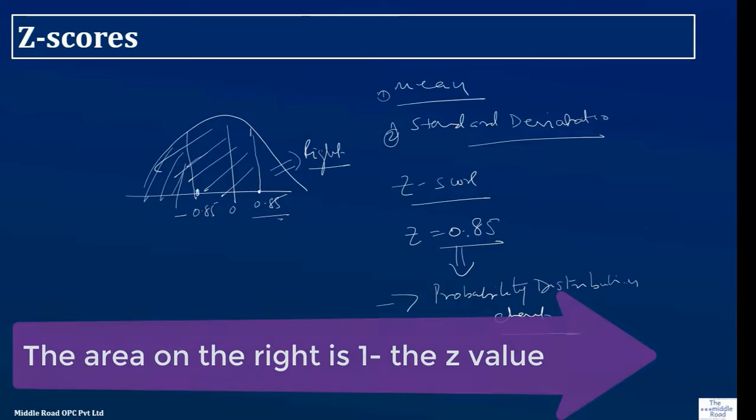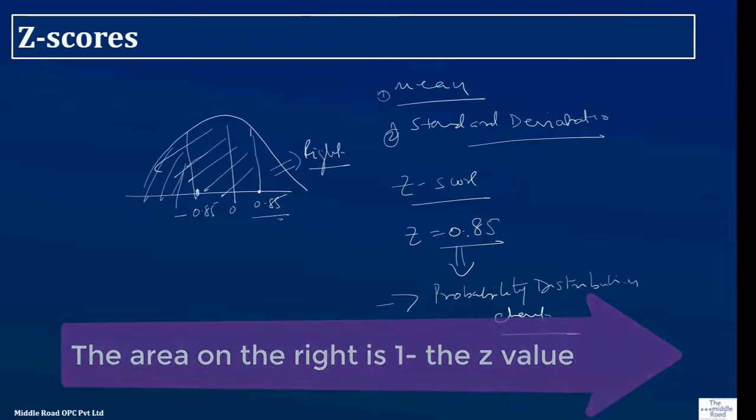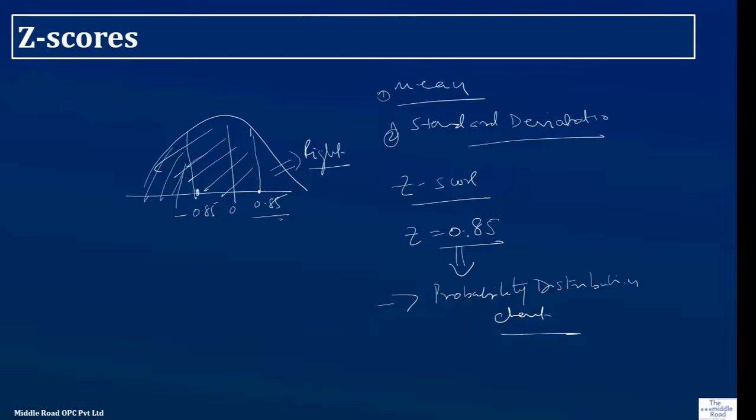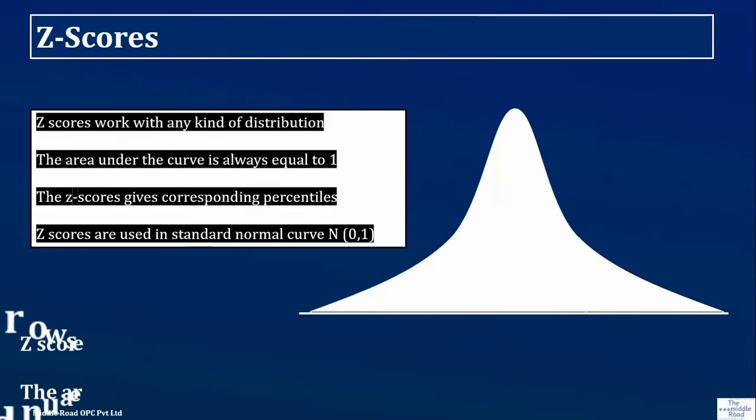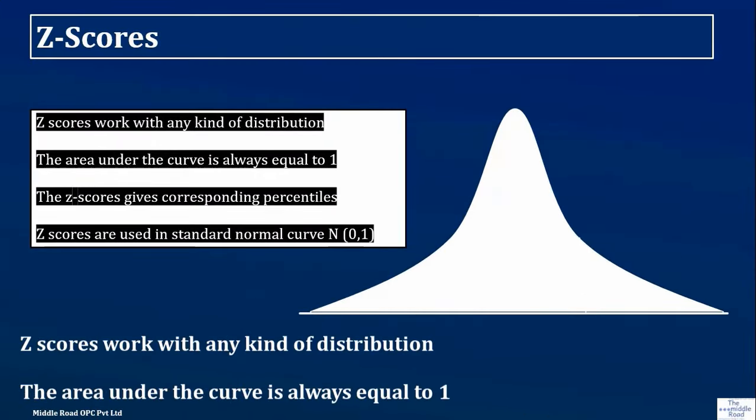We look at a series, and from that series we understand how to calculate the mean and how to calculate the standard deviation. The standard deviation you can directly calculate in an Excel sheet. This is very important: Z-scores work with any kind of distribution. The area under the curve is always equal to 1, which I talked about. Z-scores always give you